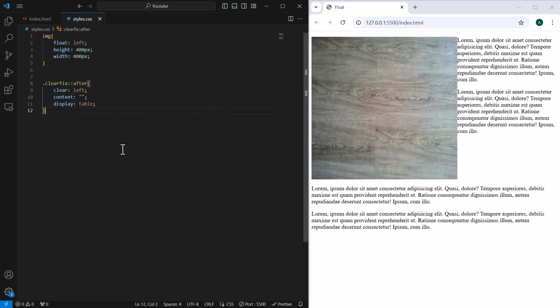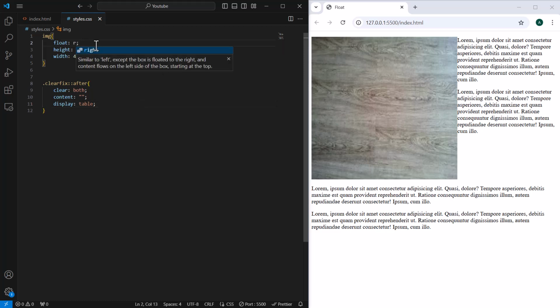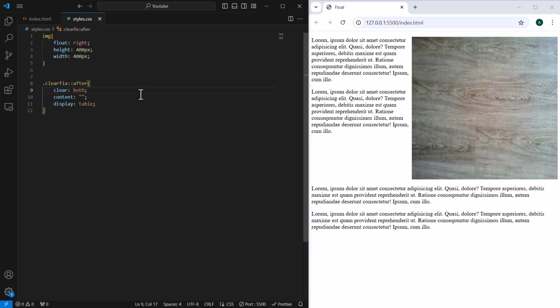When I do a clear left, you can see the document is now flowing normally. To avoid choosing whether it's on the left or on the right, there's also a value called clear both, which is mostly used for Clearfix. Even if I change this to float right, it's still going to clear it. So after floating an element, it is a good convention to clear the container so that other documents can start